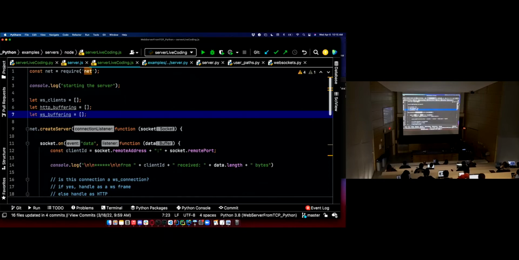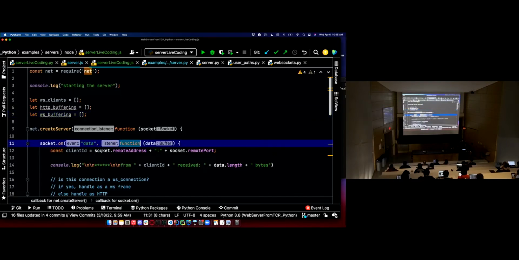We have to remember what's buffering, because we could have multiple clients buffering at the same time. We could have a large WebSocket message coming in while somebody's uploading a large file. And this same function is going to be called on all of them. But we do have access to this socket to be able to identify the connection. And that's the information we need to figure out what exactly is happening with this particular data that we're getting.